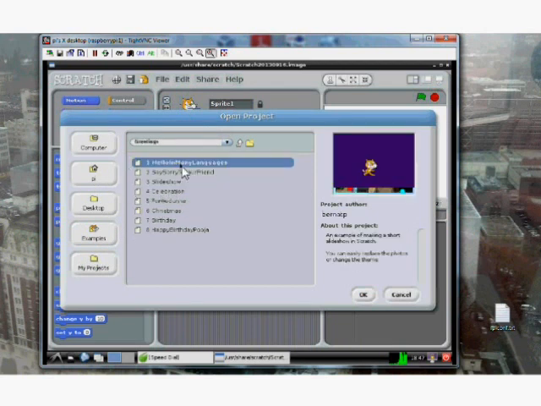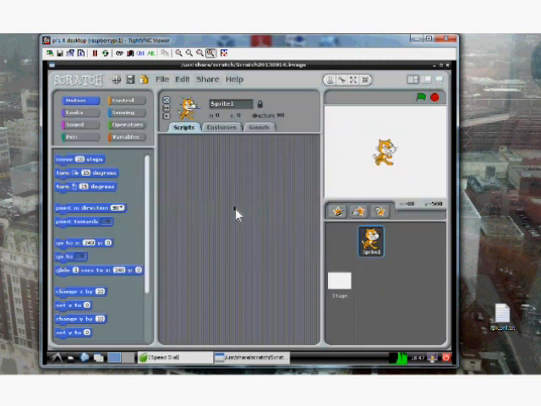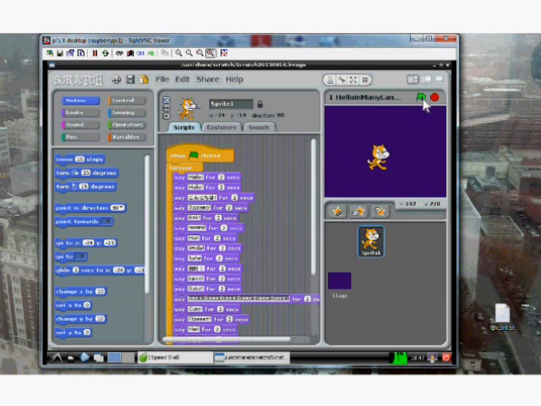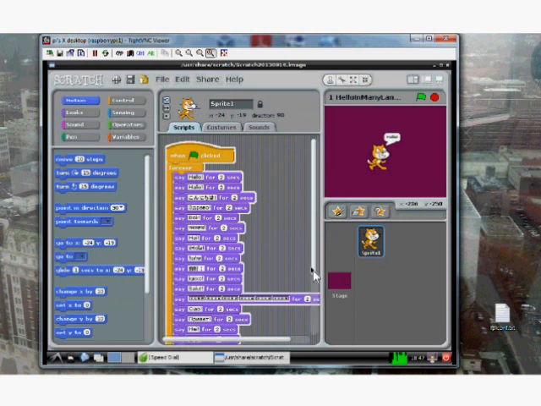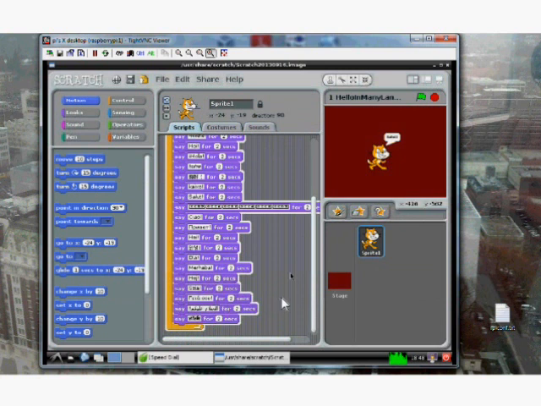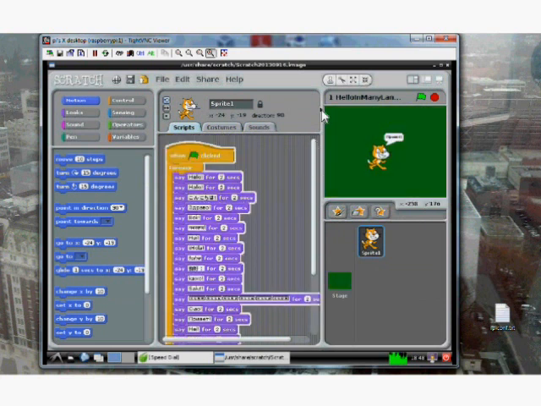The Hello in Many Languages program is basically, get him loaded here. So this little program actually has Scratch the Cat say hello in all these languages, and then it broadcasts all of these in the languages, I believe. And so he goes through and speaks in different languages, and it looks complicated, but actually from an introductory perspective, and if you look at the Scratch website that's set up by MIT, I think they have lesson plans in them and everything, and you'll be able to find a very easy way to get a kid introduced into programming,